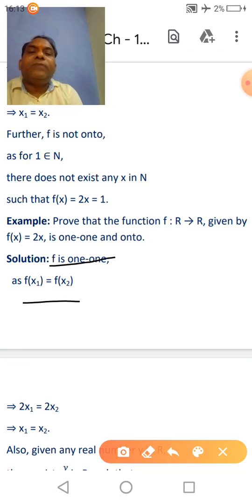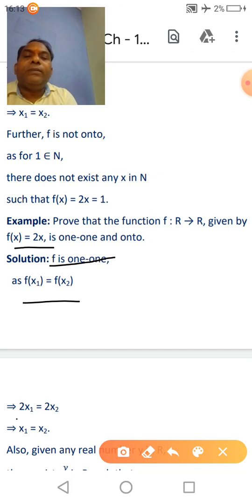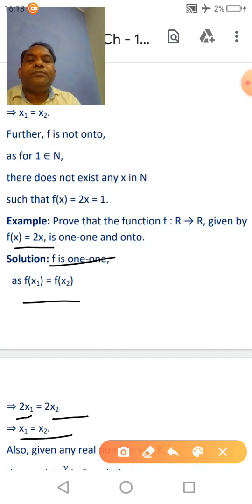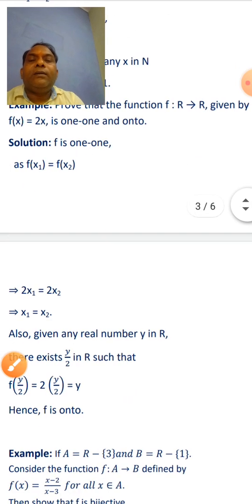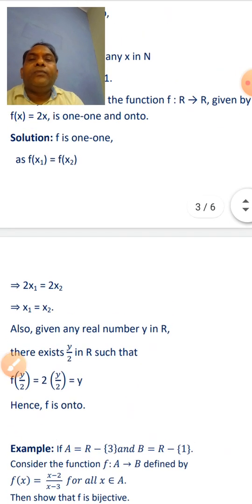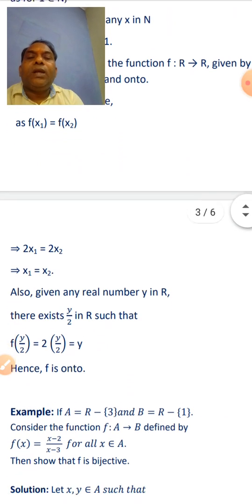Put f(x1) is equal to f(x2). Because f(x) is 2x, f(x1) is equal to f(x2) means 2x1 is equal to 2x2. 2 and 2 cancel out, then x1 is equal to x2. So we can say that f is 1-1. Clear? Now for onto,